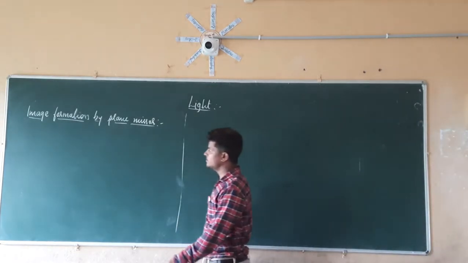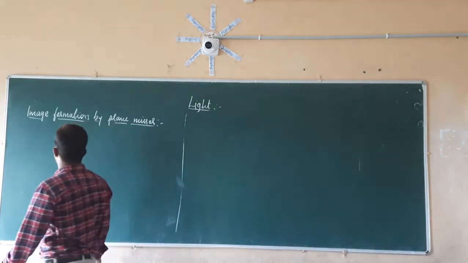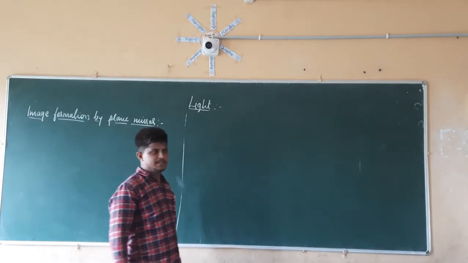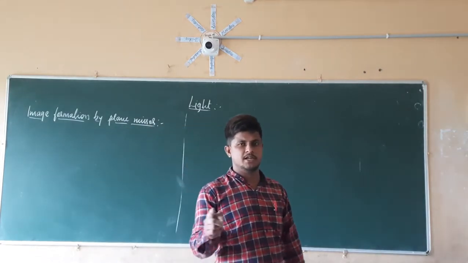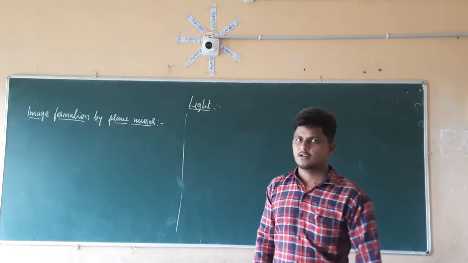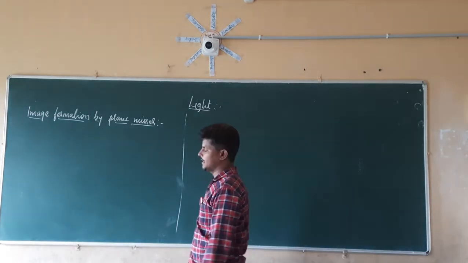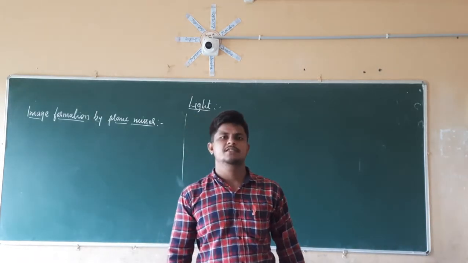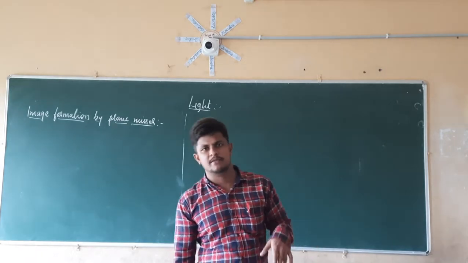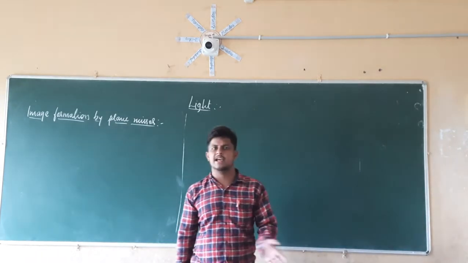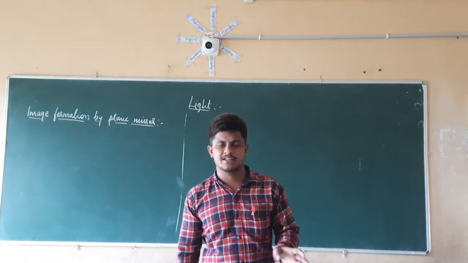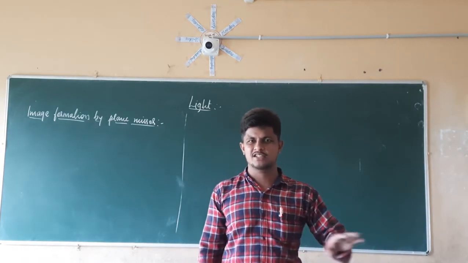So next we are going to see about image formation by the plane mirror. You already know about the properties of the image formed by the plane mirror from the 7th standard. Right? That image is nothing but what? It is a virtual image. Right? And it will be an upright image, and the size of the image will be the same as the size of the object, as well as what? The distance of the object and the distance of the image in a plane mirror are both the same. We already discussed that thing.